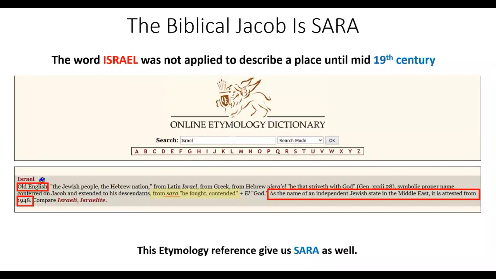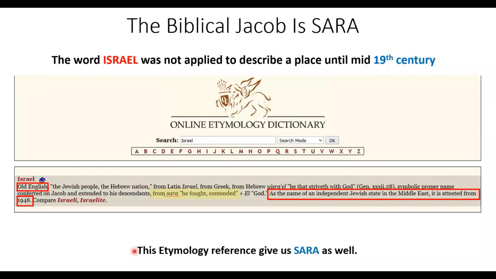The word Israel, again, was not applied or described until like mid 19th century. So if we look at Israel again, it says Old English, the Jewish people, the Hebrew nation, the Latin Israel, from Greek, from Hebrew, Yisrael, he that strives with God, symbolically proper, conferred on Jacob and extended to his descendants, from SARA. He fought, contended. So if you look at that again, it says symbolically proper, name conferred on Jacob and extended to his descendants, SARA. His descendants isn't Israel. Israel is a name that is put on top of Jacob to make him now look like a god. The true name of what was supposed to be there is SARA, which is a tribe of people, true enough. But it is not God people,